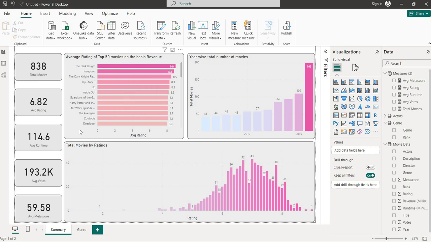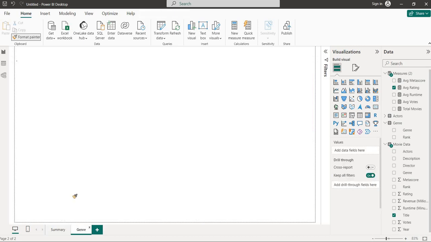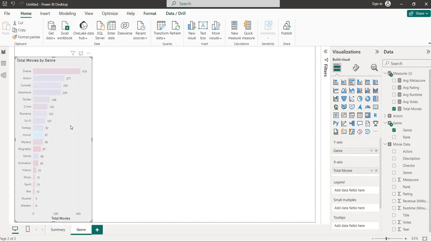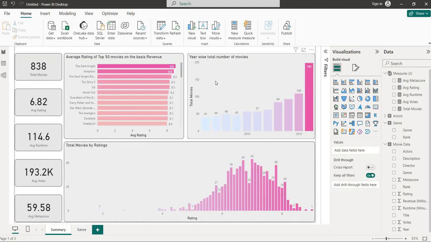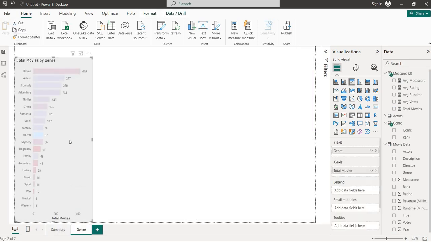Now we have given the data labels. Go to the summary part and do the formatting. You can select any of the tables and click the format painter. Go to here, and here we can get the same result. So we can get a similar type of design which we have seen in the summary part, with the gradient. So like this, we have made one more analysis.